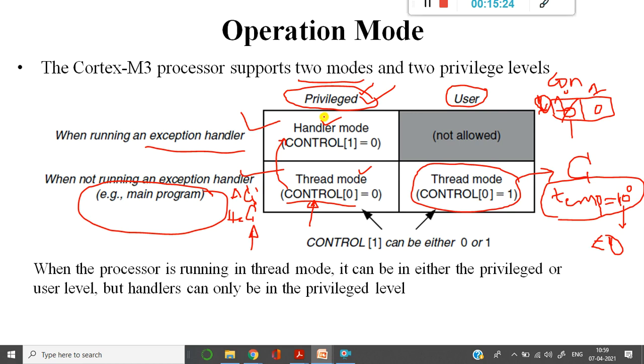See, when you insert a pen drive or a printer to your device, you will not be writing the program for that. Already there is a program present in your system. That particular program has to execute, and I will call that handler mode.